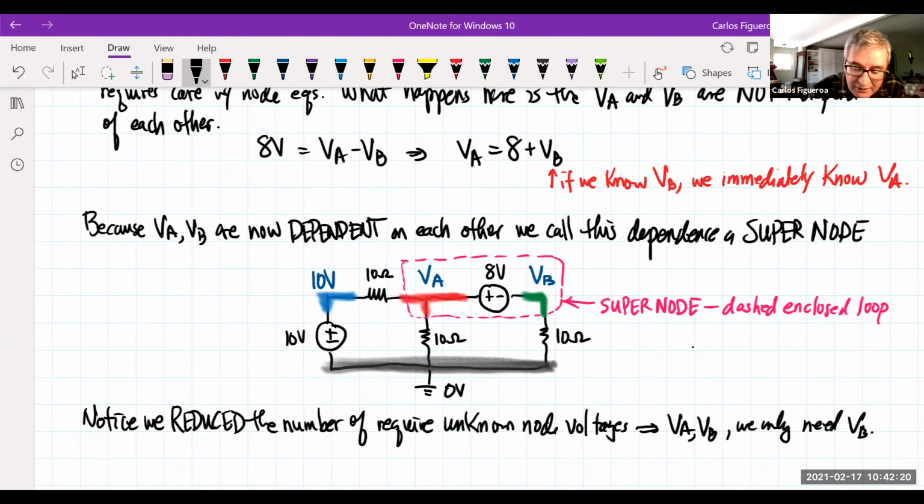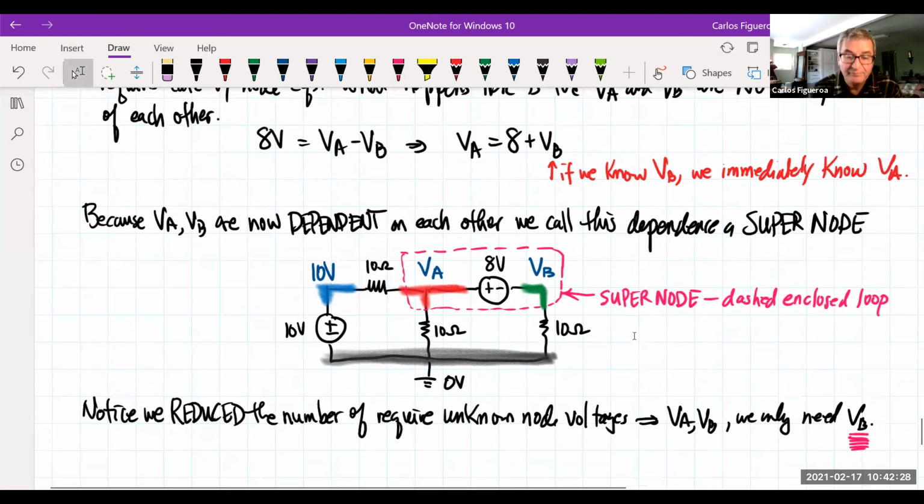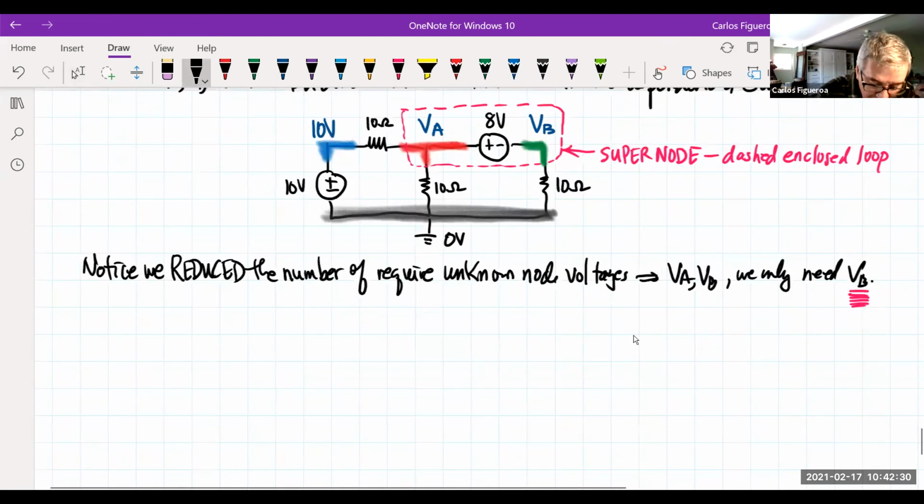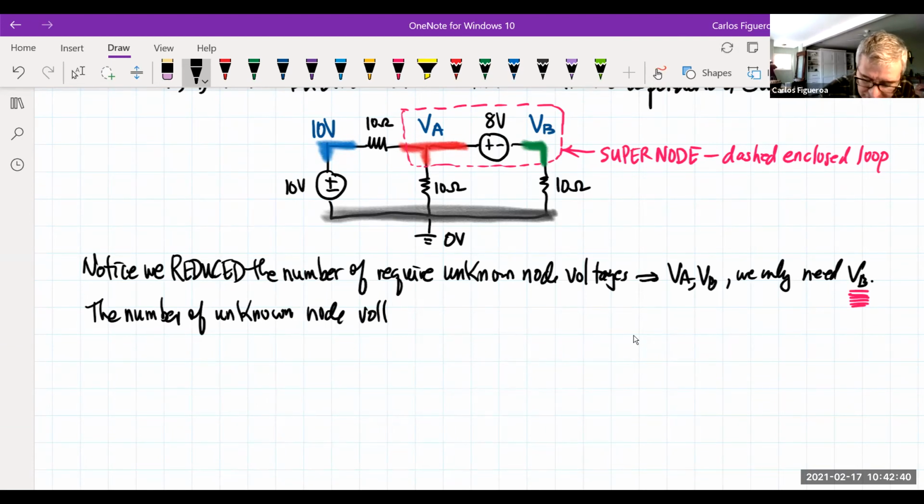We only need one variable, right? We only need one of them, not two of them. So what we say then is that the number of unknown node voltages